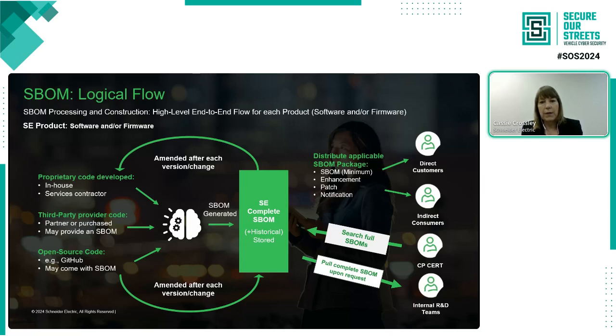Every product that we release to our customers will have to provide an SBOM to my team, or provide the binary of that product, and we would run it through scanning tools that can generate the SBOM. Now, out of scope was SaaS bombs, so software as a service, and I was waiting, and unfortunately the CISA working group that did the SaaS bomb, they don't really have a schema for software as a service for a bill of materials. But most of my products, the majority of them, over 90%, are either